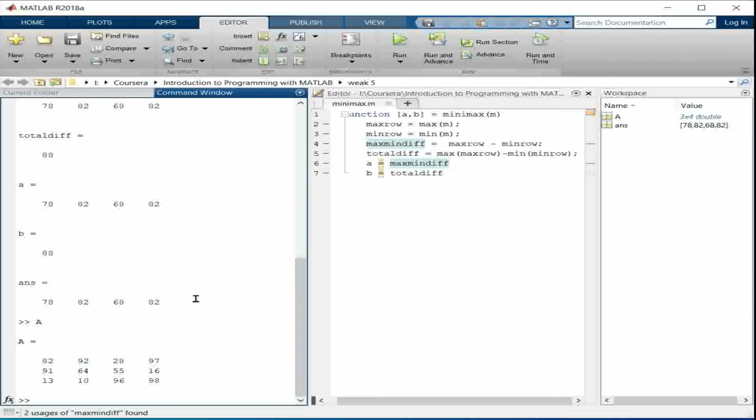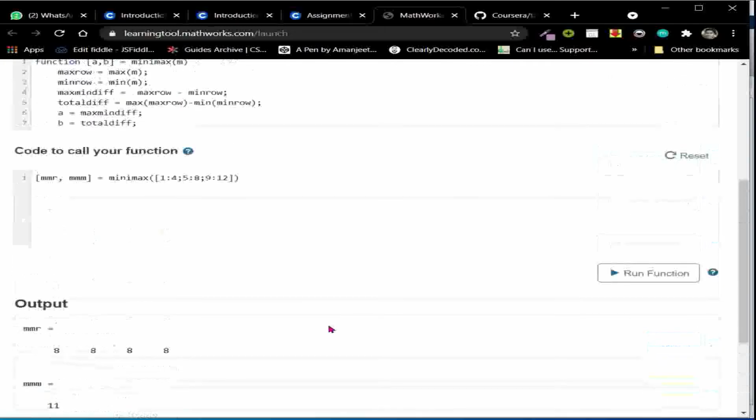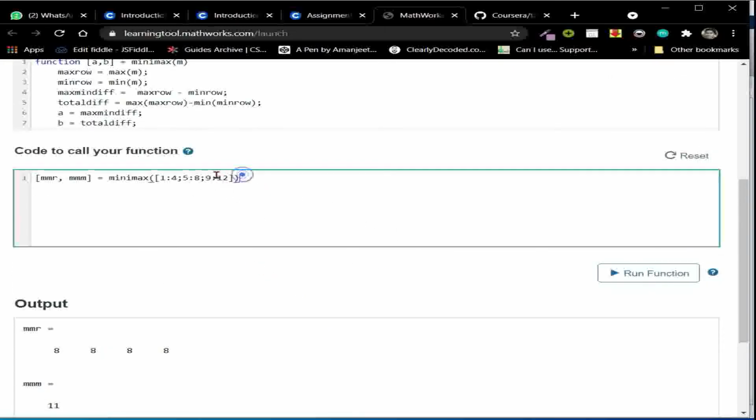Okay, and what is A? A is 78. No, it is wrong, I think so. So let me verify with this code.